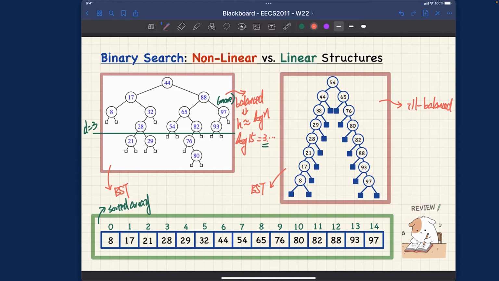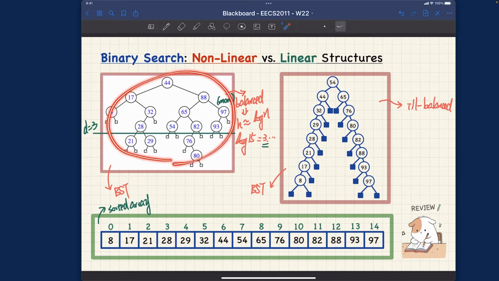I try to draw it in a way that it's basically almost like a one-pass tree. You can see on this branch, by the way, it's still a binary search tree. Why? If you try to do an in-order traversal on this tree over here, you're still going to get a sorted sequence. So this is still a BST. Don't get me wrong. Okay. However,